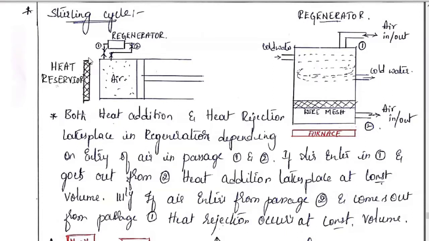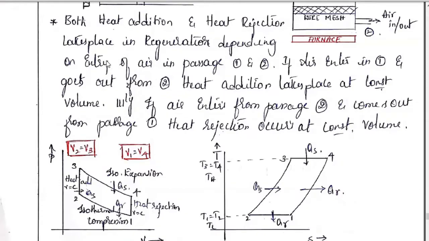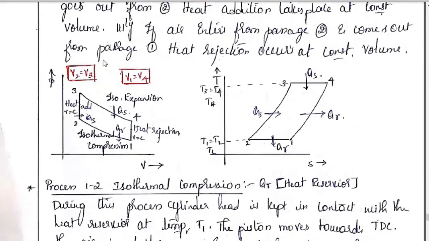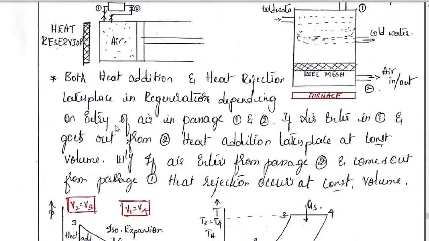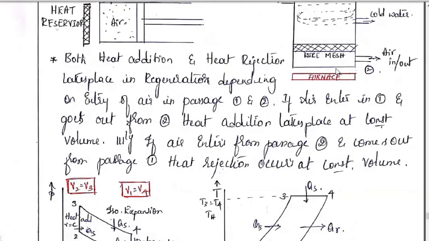That is by using a heat reservoir. See what happens. This heat reservoir maintains constant temperature during the transfer of heat. So that is the use of the heat reservoir. Now 1 to 2 is a compression process. Now the air passes over the second condition into the regenerator. So now we call it isothermal compression. Isothermal compression.